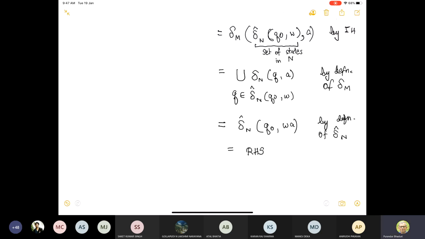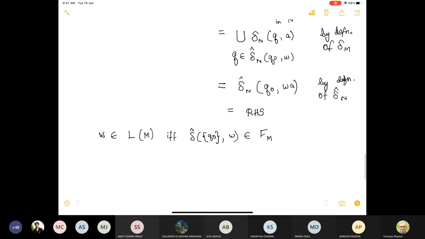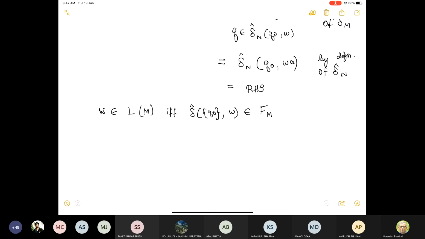Once we have this, then W belongs to the language of M if and only if delta hat M of Q0 W is a state in F M, and by the result we just showed, if and only if delta hat N of Q0 W belongs to FM,